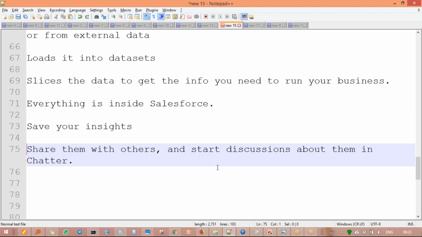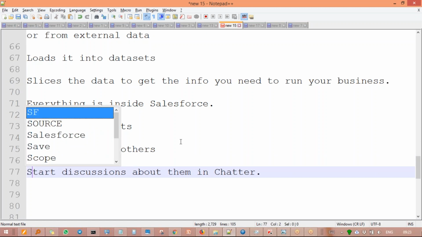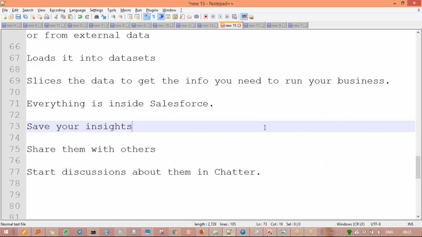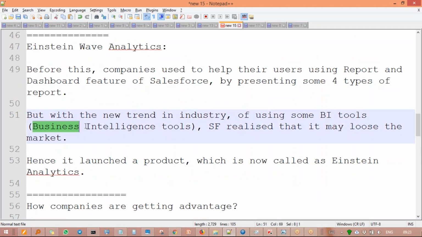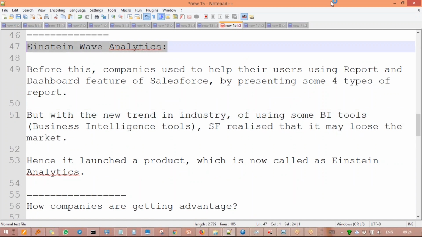All these things are there, which is going to be helpful for you, and it is going to give you the data in Salesforce without using any business intelligence tool like Tableau and so on. You can do all these things in Salesforce with the very powerful features of Einstein Wave Analytics. Let me see if I need to tell anything more about this. Even though you have no idea about it, I'm just trying to give you as much information as I can.